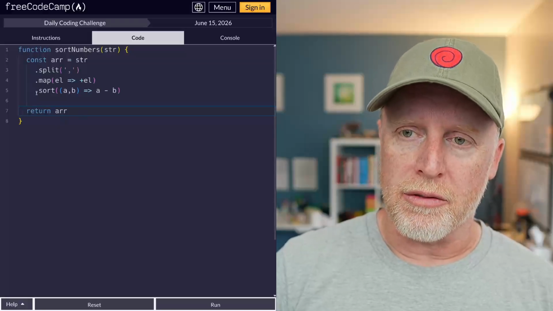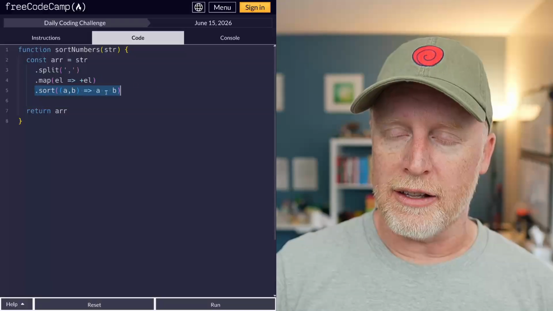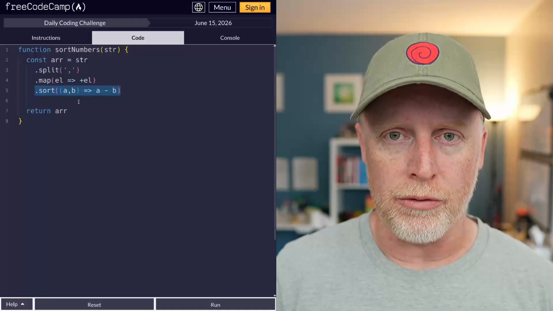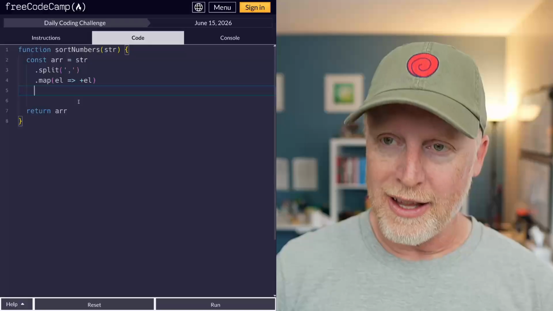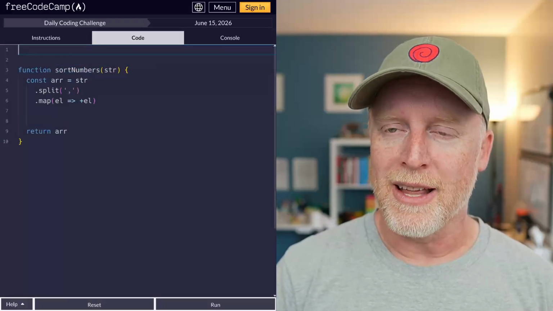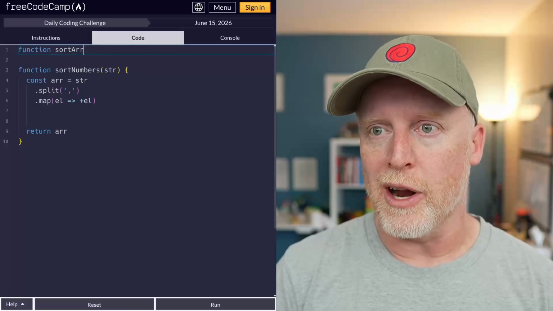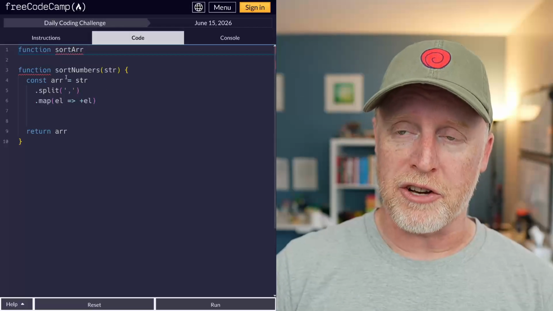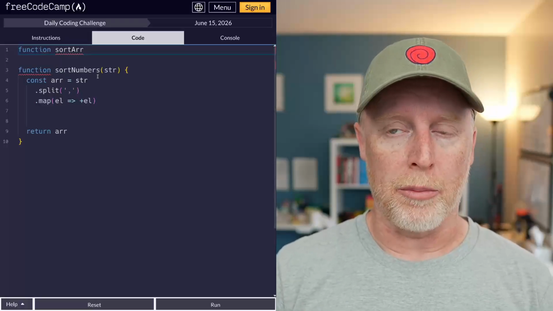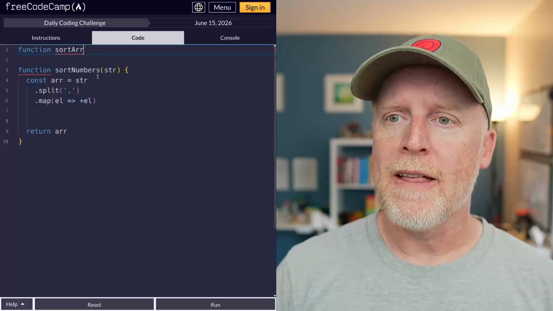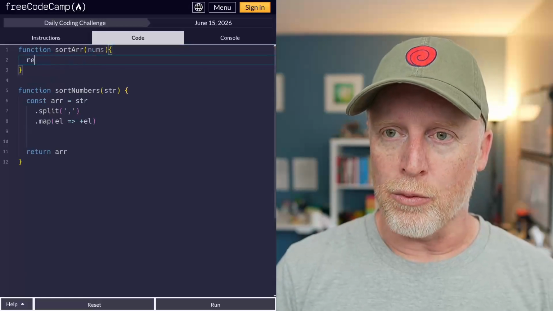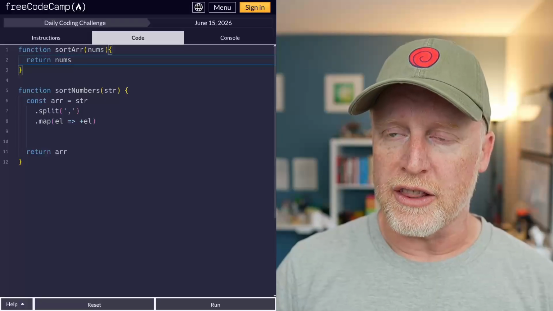There is one thing here, this line, I feel like once we get to the numbers, we could already have a sorting function for arrays of numbers. So let's go and do that. We've already used sorted numbers here, so we need to make a name up. Let's go function sort array, right? Again, if I was doing this professionally, I would probably change this name to be up here and then change this to something else, like sort numbers from string or something, right? But we have this array and it will take our numbers and then we return those numbers just like this